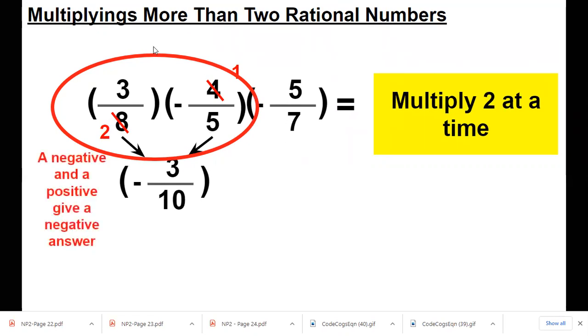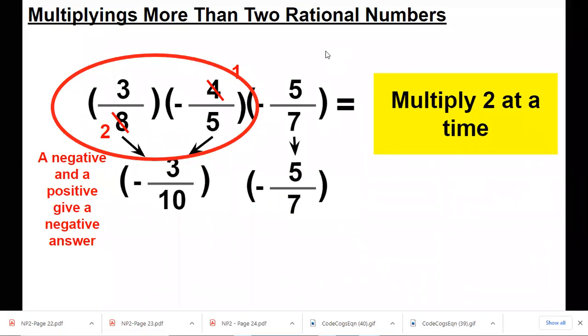So I'm going to multiply my answer, negative 3/10, this time times negative 5/7. Can I cancel anything? If you notice, yes, I can. 5 will go into 10 twice. 5 will go into itself once. I can't cancel the 3 and the 7. They don't work together. So my final answer then,